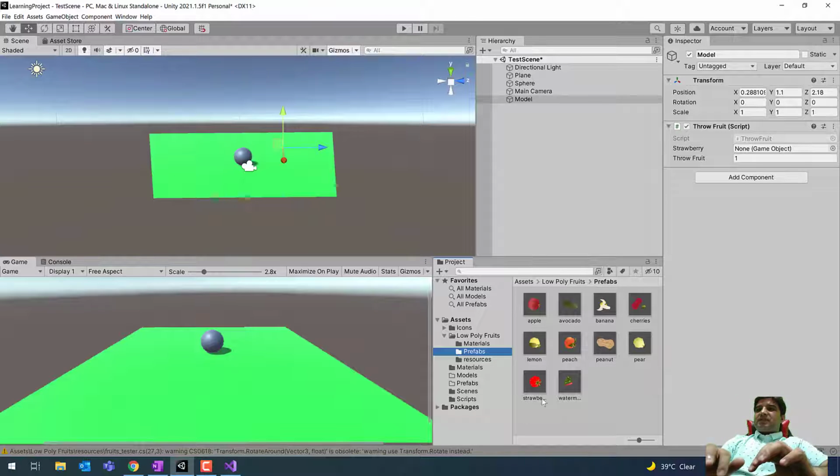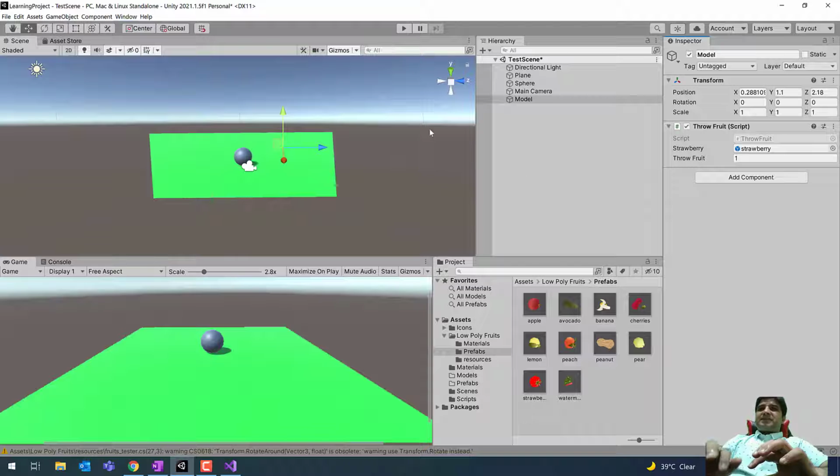These are the different models, the templates available, and we use them to generate these game objects at runtime. So we need to give a reference to this strawberry game object. This is the strawberry. Drag and drop this strawberry prefab onto the strawberry game object of the script. So it is linked now.